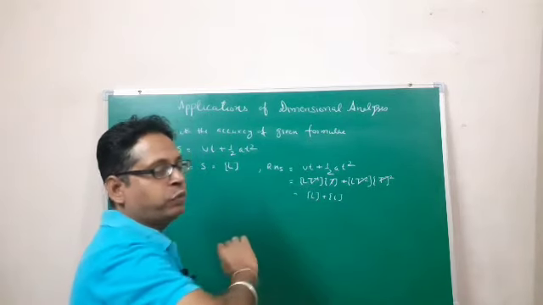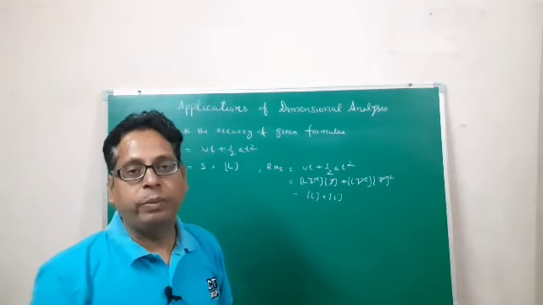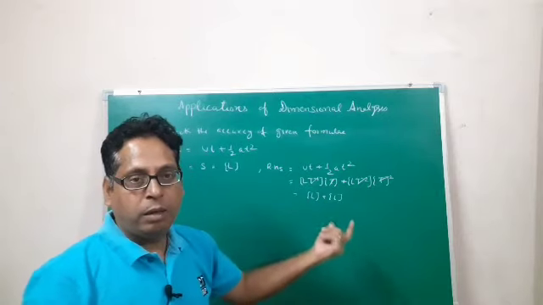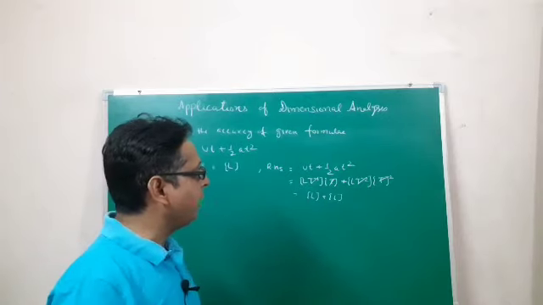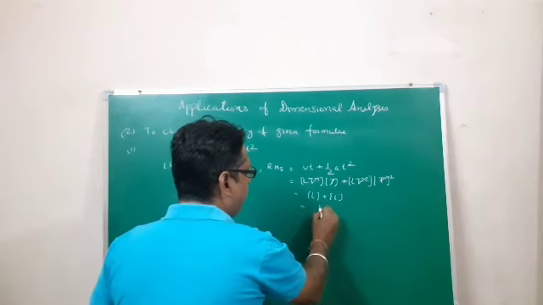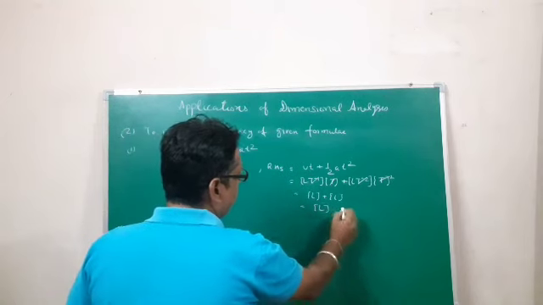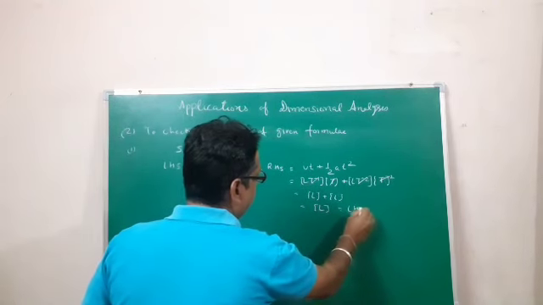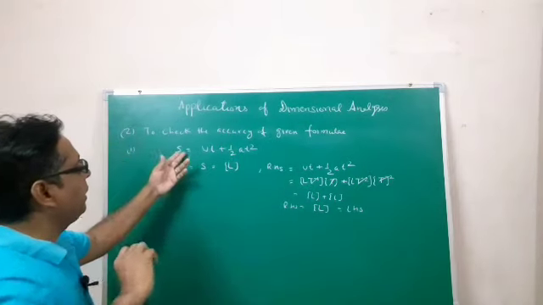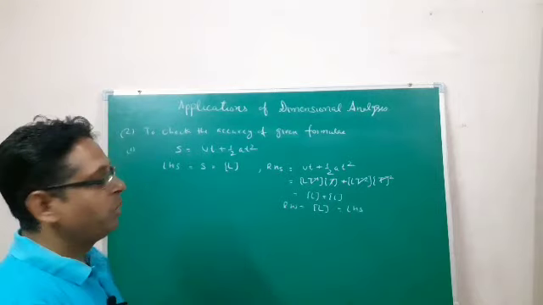And most of the students, what they will do, they will add L plus L, it will be 2L, right? But it is not correct. It will not act like algebra. So we will just write it L. So you know this is nothing but equal to the left hand side. So here the given formula s is equal to ut plus half at square is correct.